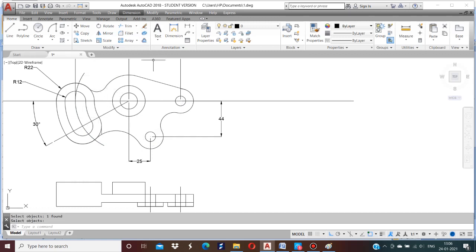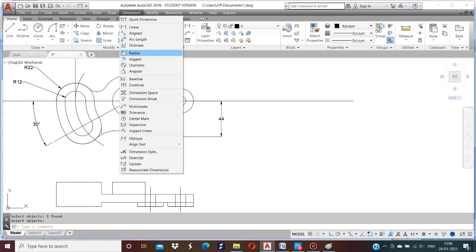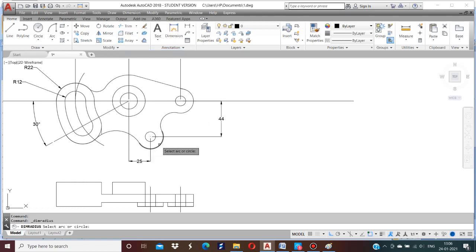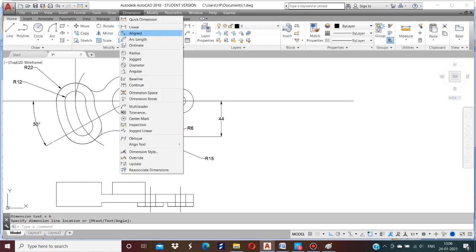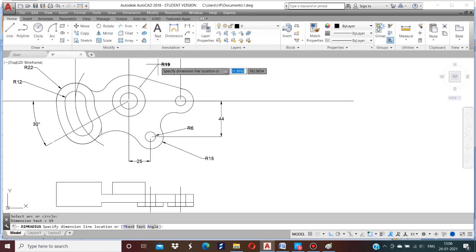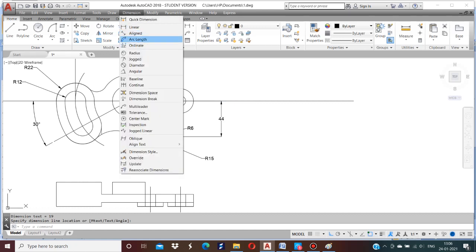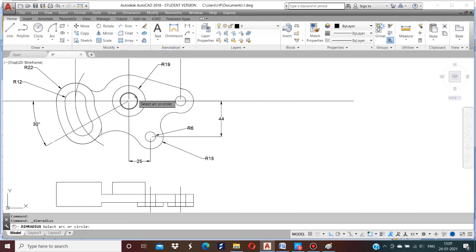Now here go for dimension radius, select this, R15. Dimension radius, R6. Dimension radius. You can give a diameter also, but whatever dimension is given in the images, I'll mark it as the same thing.